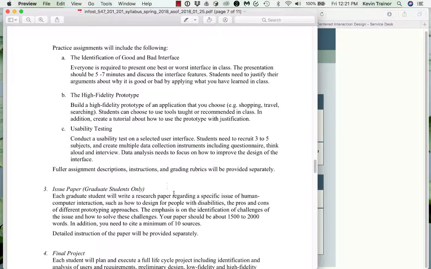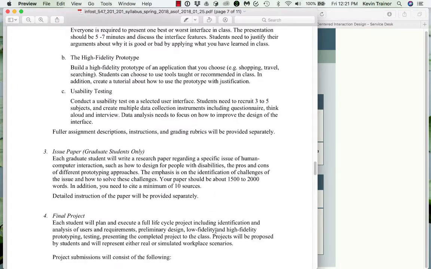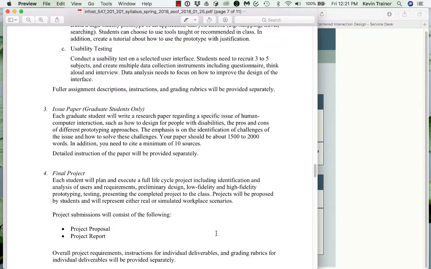We have the issue paper, which is for graduate students only. It's a 1,500 to 2,000 word classic graduate school research paper. Okay, it has individual instructions and grading rubric, and of course the final project is